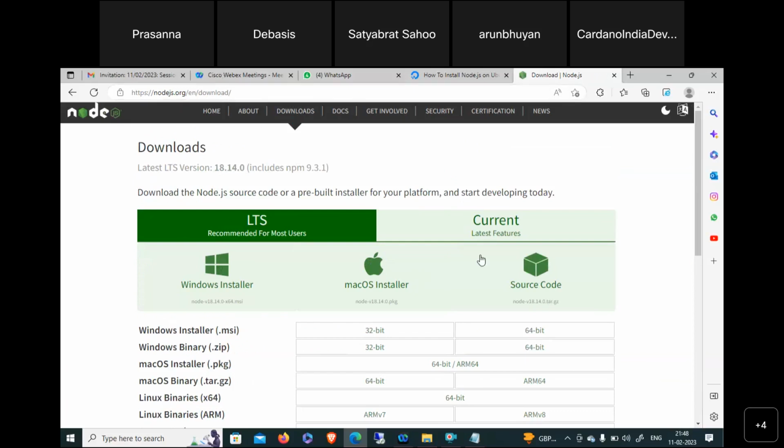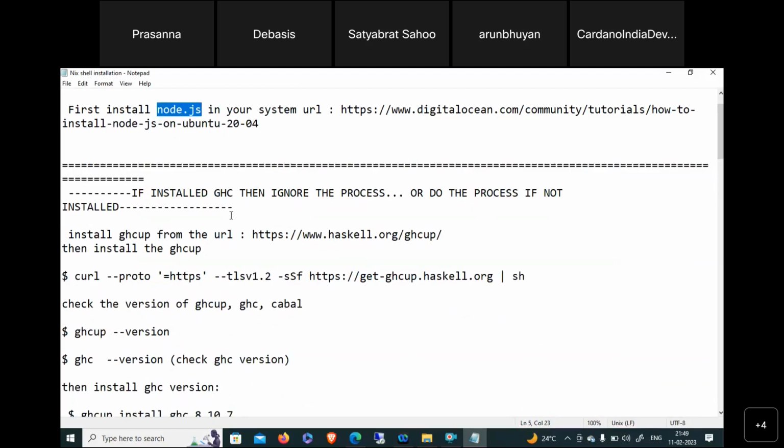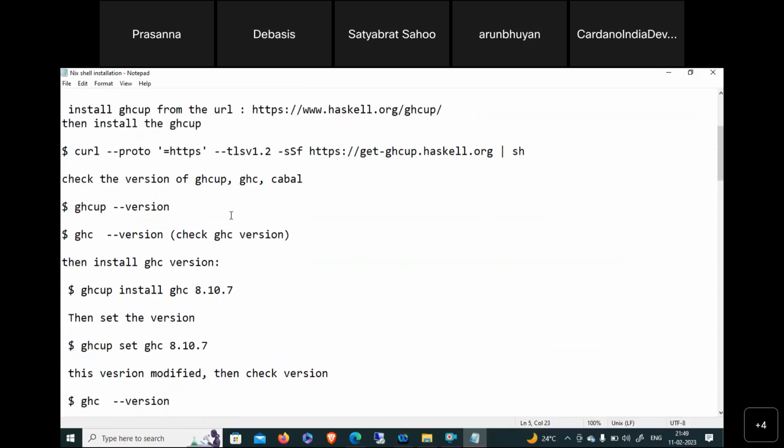Okay, so the first thing is that we have to install Node.js for the npm package manager. Because npm means Node Package Manager, the full form of npm is Node Package Manager. So whenever we have to install anything, we first need Node.js, then we go for the installation process. Now, the most important part is that